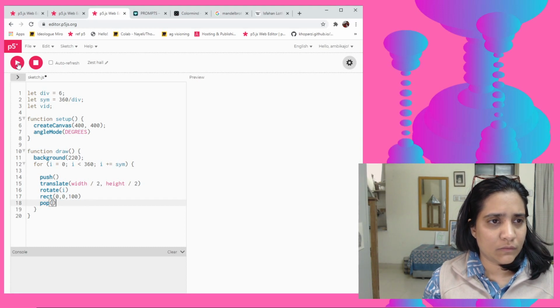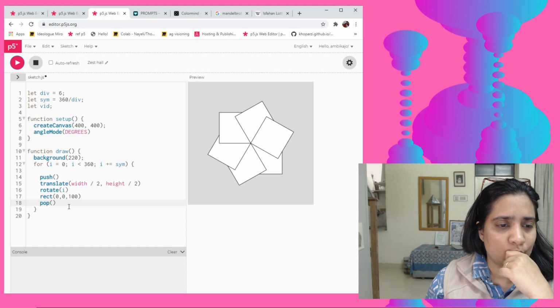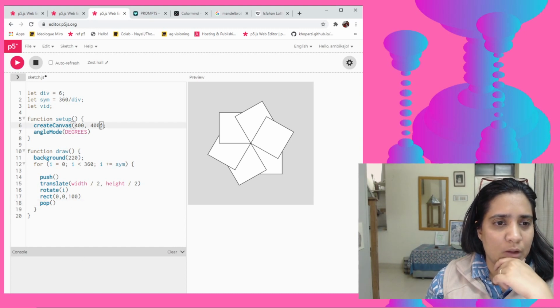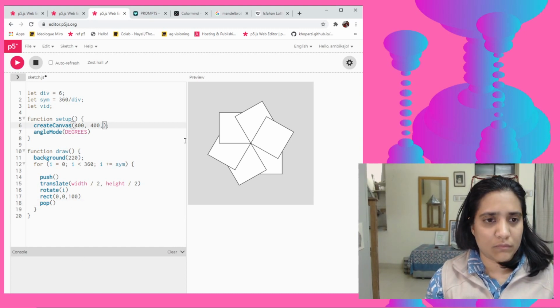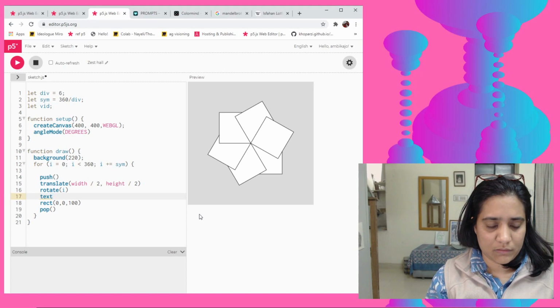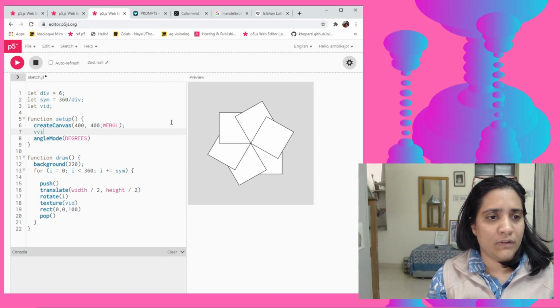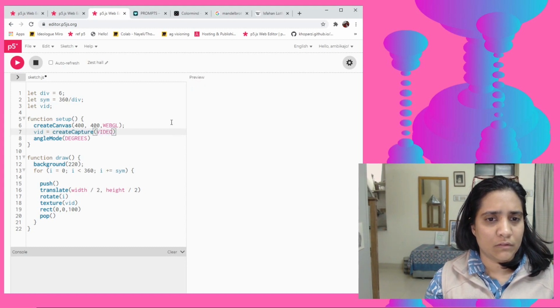So hope this will work. Okay, so perhaps now if I just do WebGL and then add the texture as vid, and then add video equals create capture equals video.